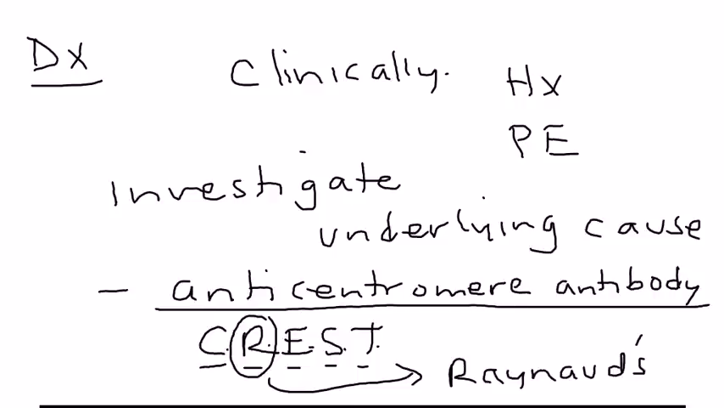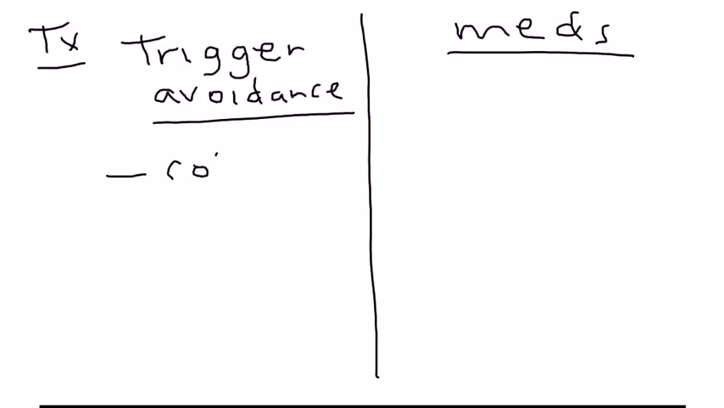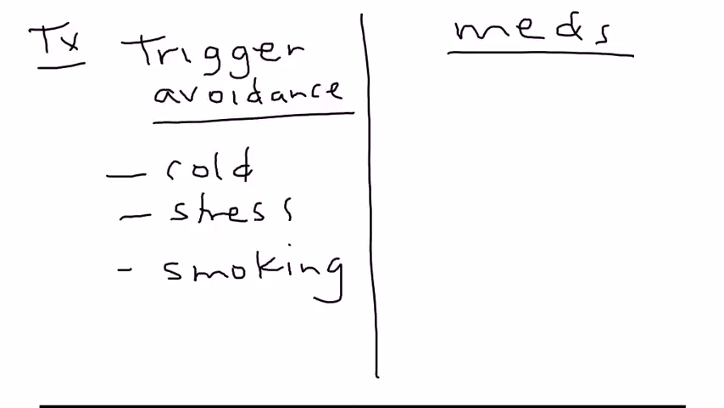And then finally we have the treatment. Well, the treatment, there's meds, and then there's something called trigger avoidance. The first part, of course, is avoiding things that trigger this, so avoiding cold, avoiding stress. And also another thing that's shown is smoking. Smoking can also lead to the vasospasm that can eventually cause Raynaud's syndrome, the paleness of the digits of the hand. And the medications involve medications that vasodilate,